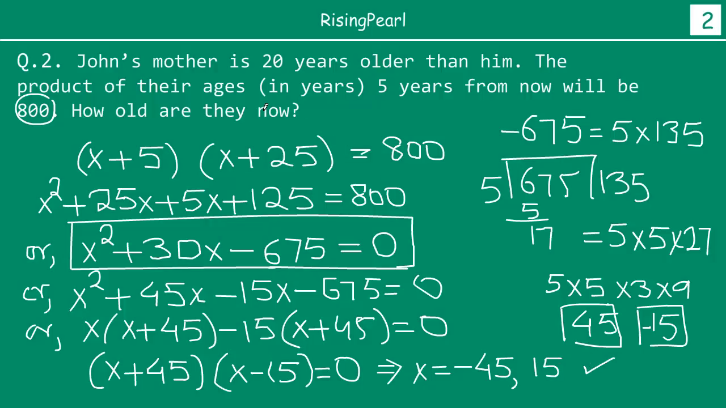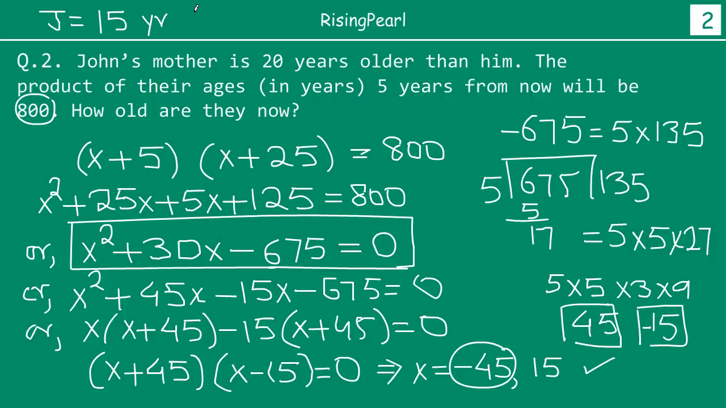But this is not a numerical quadratic equation, in the sense that what is x? x is how old John is currently, right? So John's current age is x. Now he cannot be negative 45 years old. That is not possible. So the only right answer is 15. In other words, let's write it here. So John is 15 years old